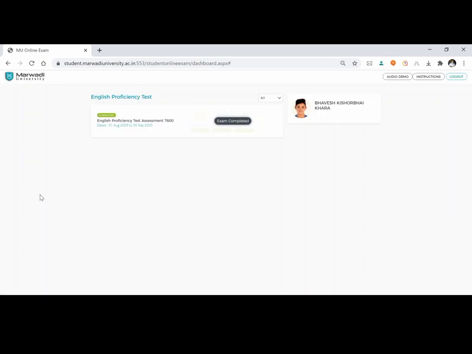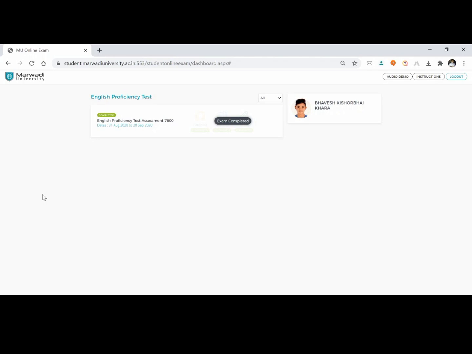You can click on the OK button. At the time of taking the test, you will be asked to tick one checkbox. That means you have read and understood all the instructions carefully, and then you submit.